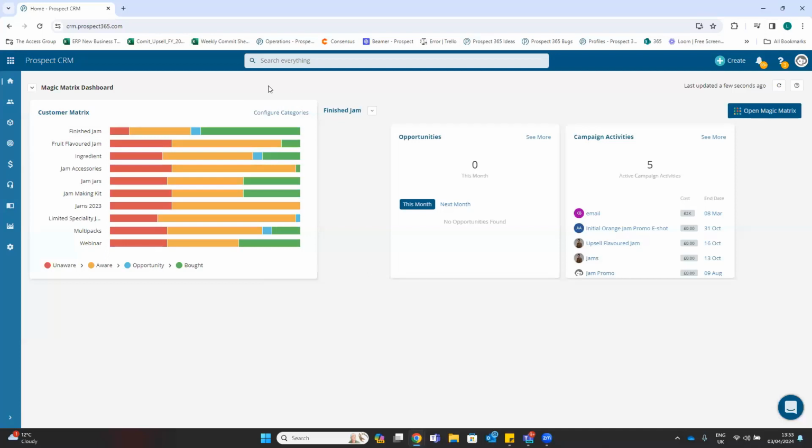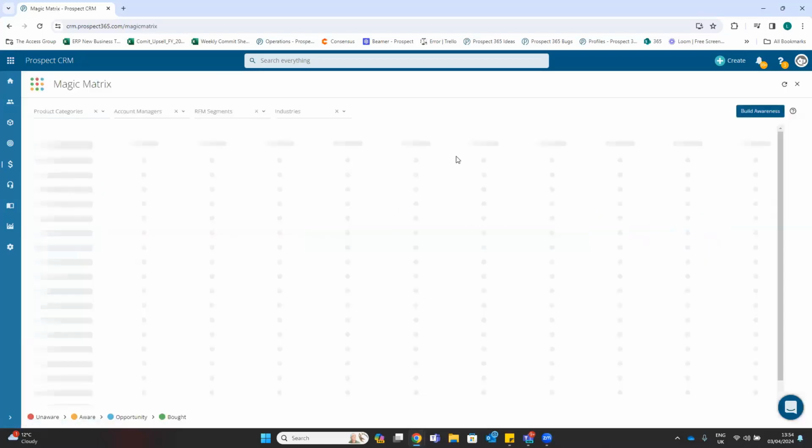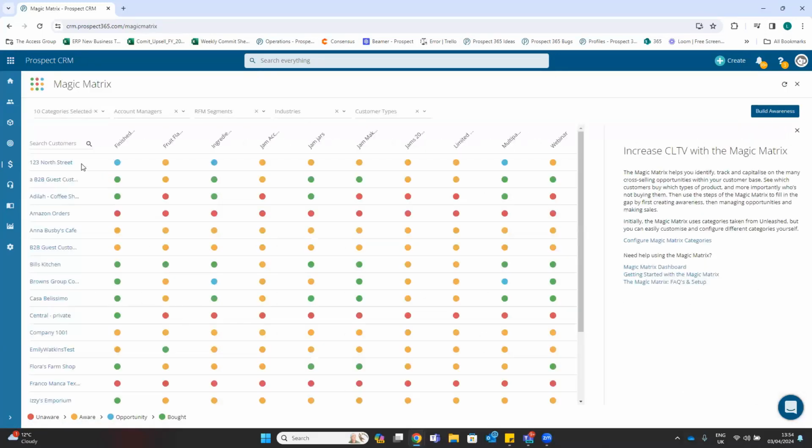You can configure categories in here. So if you're using the likes of Xero, where you only have a one level product tree that doesn't allow categories, you can actually configure categories within Prospect CRM specifically for Magic Matrix reporting, which, as you can see, is a really powerful tool. But if I go to Open Magic Matrix, that provides us with